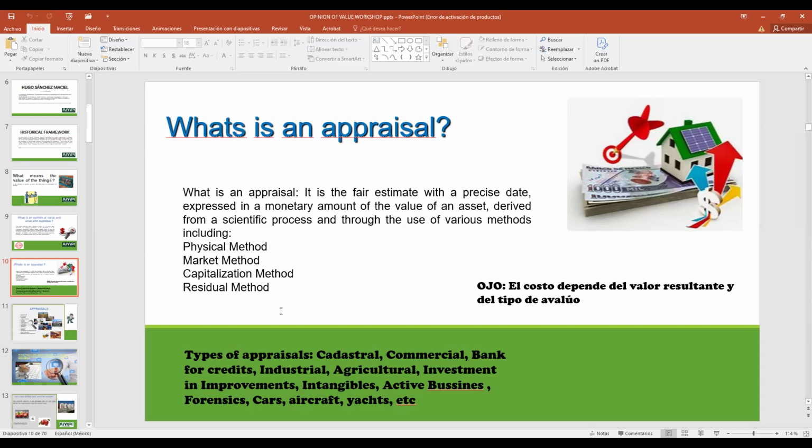Catastro is not just the entity that charges taxes. It's a bank of information. They have the information about any commerce, any land, any house in the city.